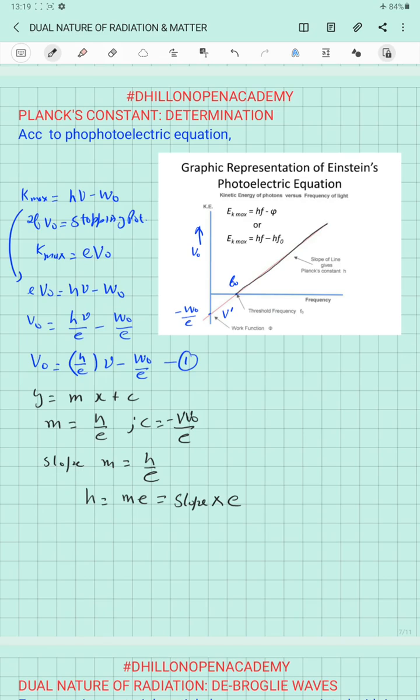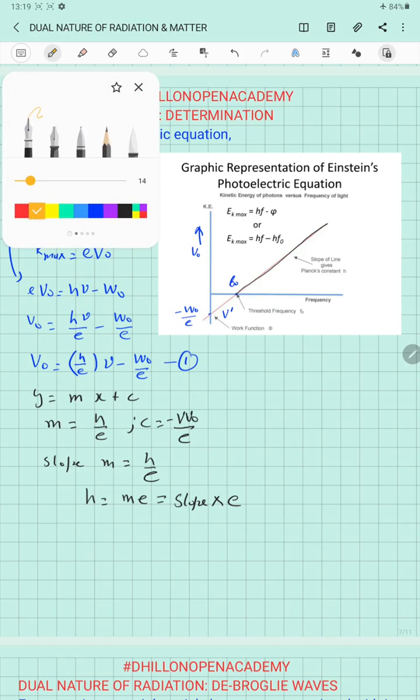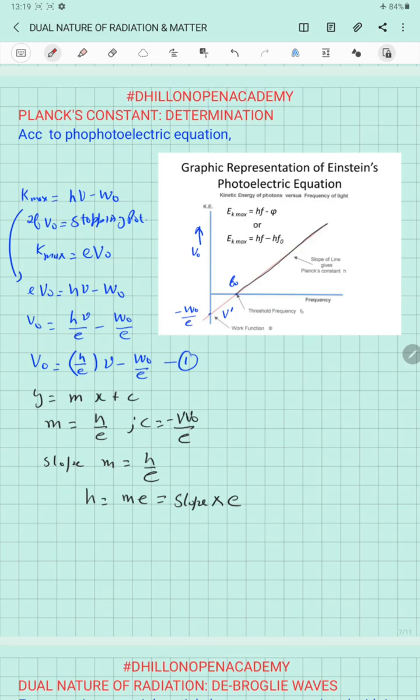the Planck's constant. Or we can also find the value of the slope alternatively as you drop a perpendicular from the graph straight line onto the frequency axis. This is a right angle triangle with angle theta. We name the triangle A, B and C. So from the triangle ABC with right angle at the point B,